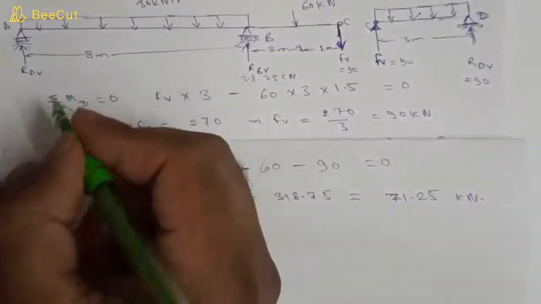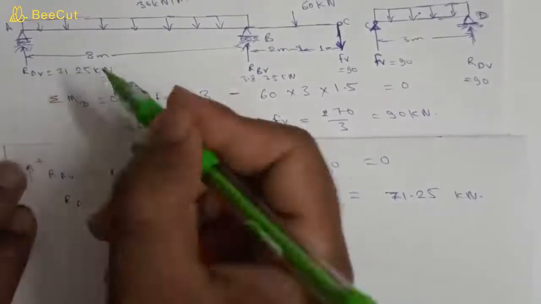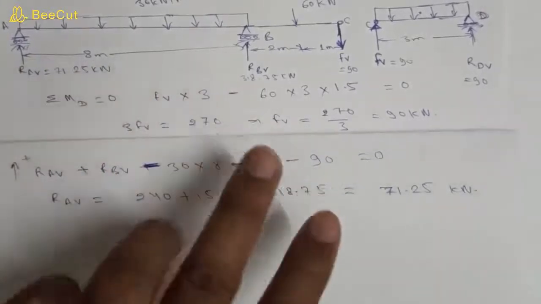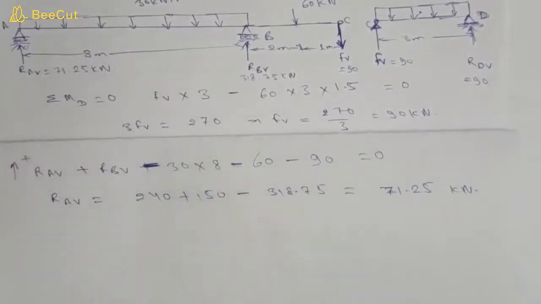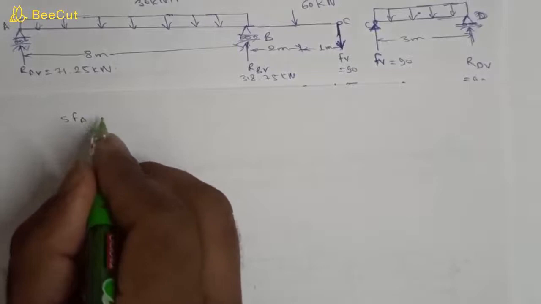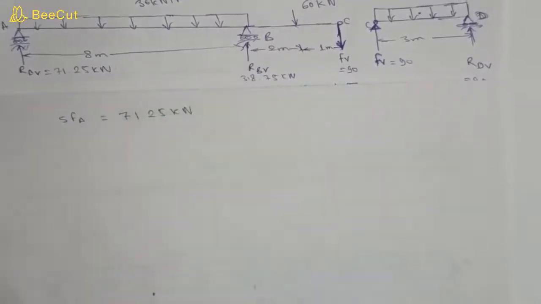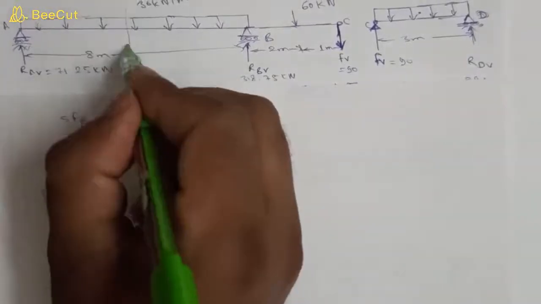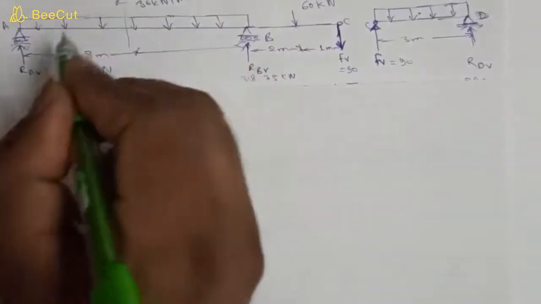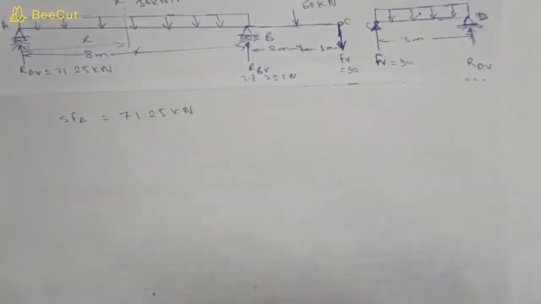So we will write RAV is equal to 71.25 kilonewton. Now we have all the forces, so we can calculate the shear force in this beam. Suppose we are calculating for the left hand side first, then shear force at point A will become 71.25 kilonewton. Now suppose we take a section X at distance x from the point A, then shear force at this section will become